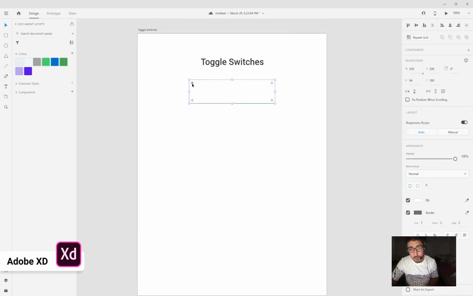There are smaller circles here. You can select them all and drag toward the center. You can specify here by choosing the number you would like to add. For example, I prefer 10 pixels for the radius. Okay, so